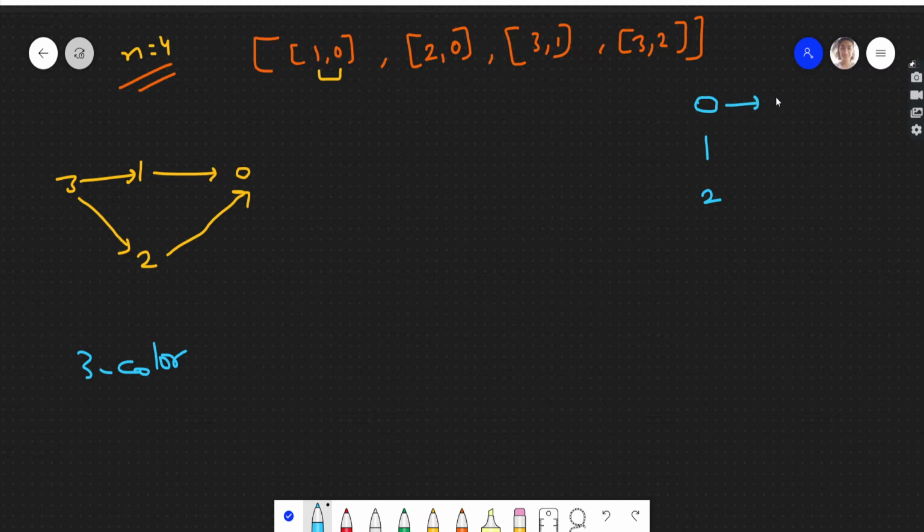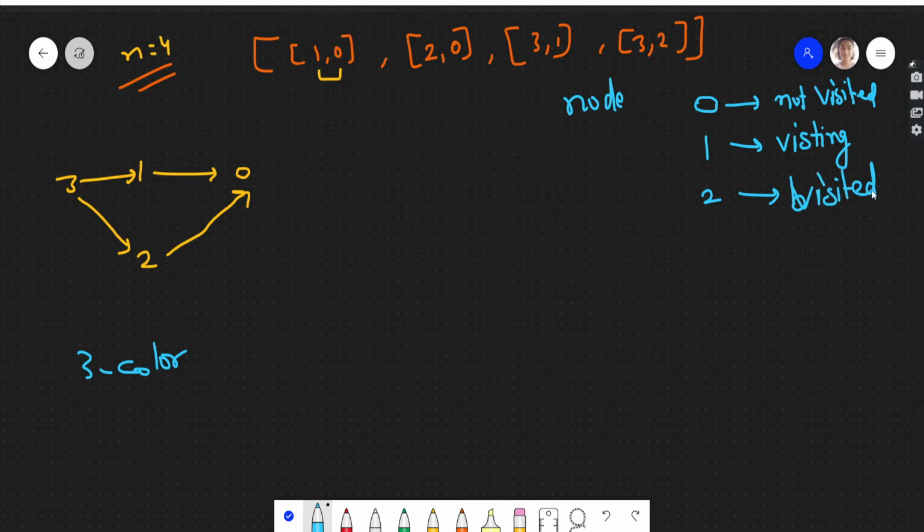Color 0 means the node is not visited yet. Color 1 means we are currently visiting it. And color 2 means it has been visited already. So these are the statuses of the three colors.